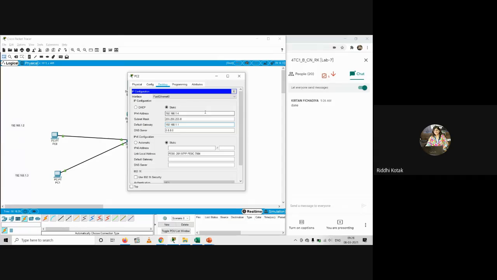Right? If it's done at your end, it's good. And make sure you take the screenshot. The steps which are new, for that you have to take the screenshot. Those which are repeated, like for PC0, PC1 and PC2, the process is same, only minor values are different. So you can take one screenshot, like that.